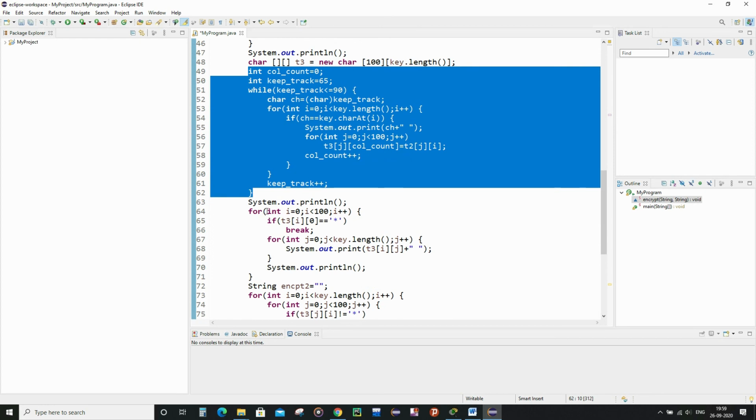After that we go to the next line and print the same table, but in this case we are going to print the letters of the key in alphabetical manner, and the corresponding columns below it.